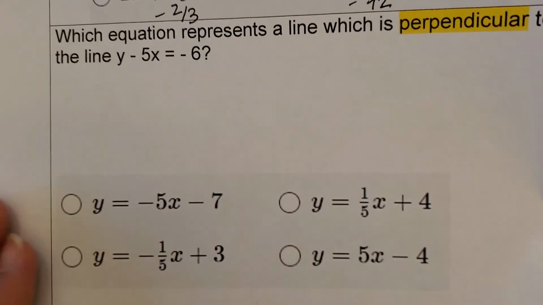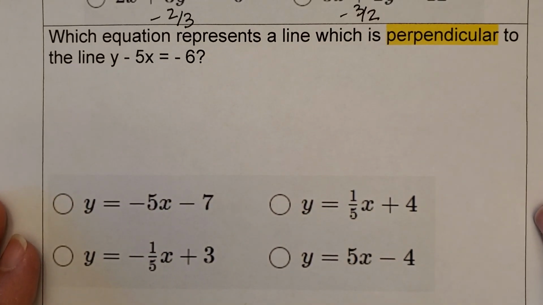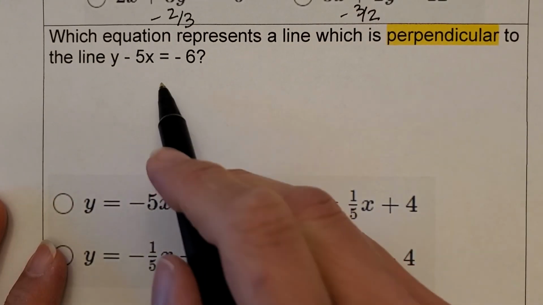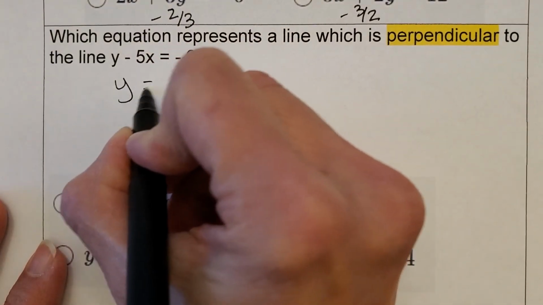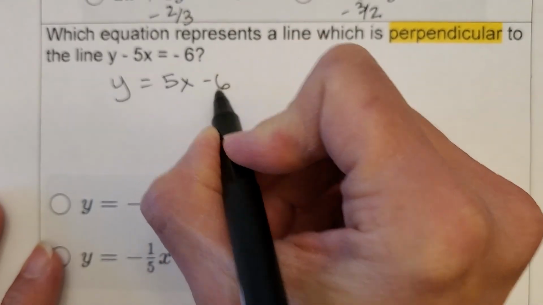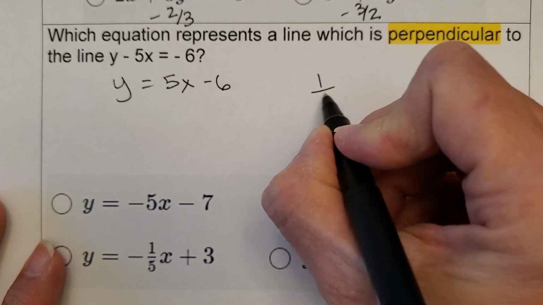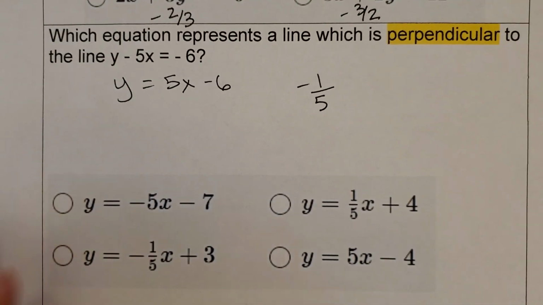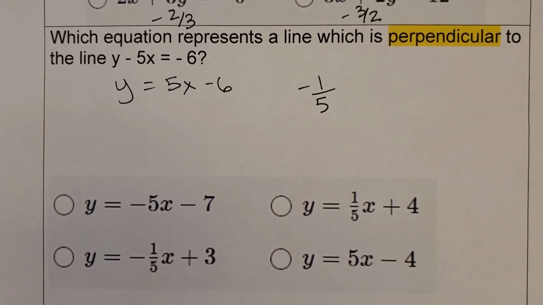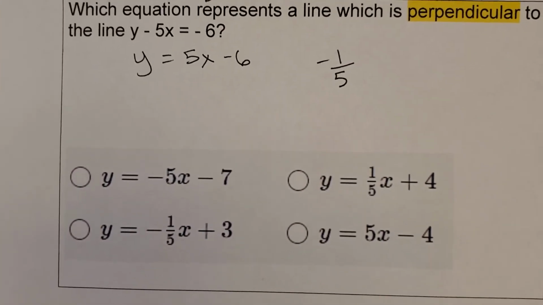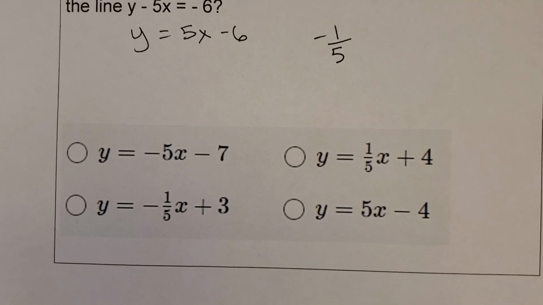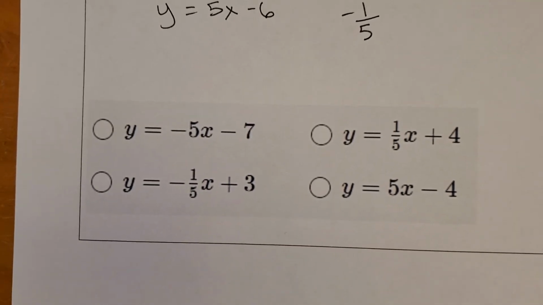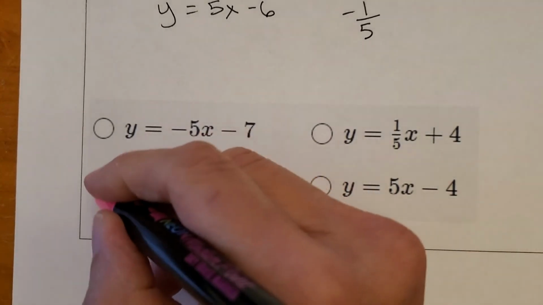And one more. Last one for today. So we're looking for perpendicular. So we've got y equals 5x minus 6. So our perpendicular slope would be the flipped over version, and the opposite. So the opposite reciprocal of 5 is -1/5. So do you see one? These are all nice and pretty for us in slope-intercept form. So this was pretty easy right there,